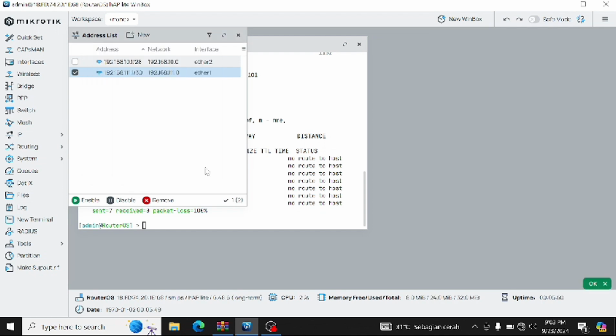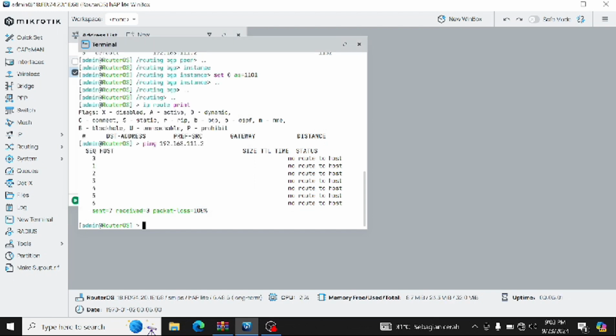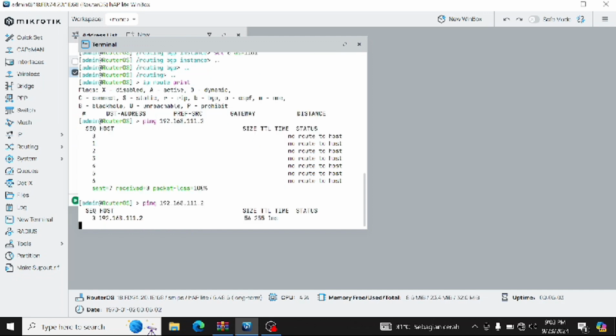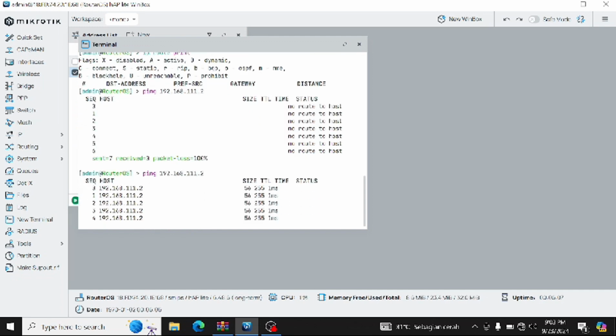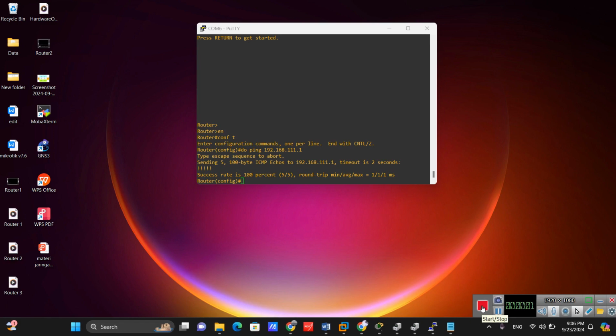Okay, you can go back to the terminal and try the ping. Okay, I wanted to try for ping, and okay guys, this is connected, and I wanted to try in ping. Okay, this has connected to the second laptop, and okay, that's enough for my task, and see you next time.